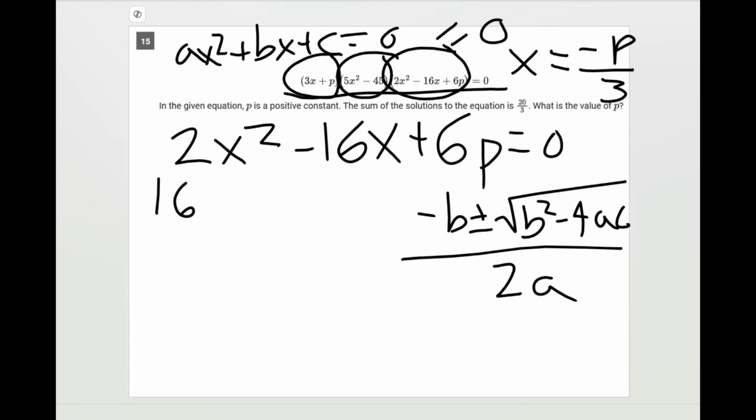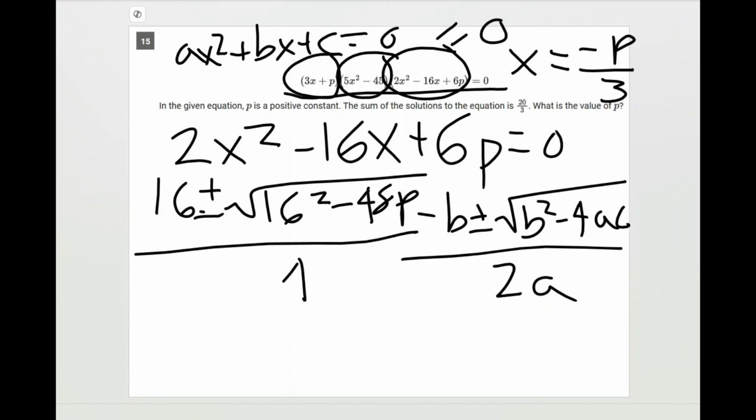So you're going to have positive 16 plus or minus the square root of 16 squared minus 48p, divided by 4. So that means you're going to have 4 plus or minus square root of 16 squared